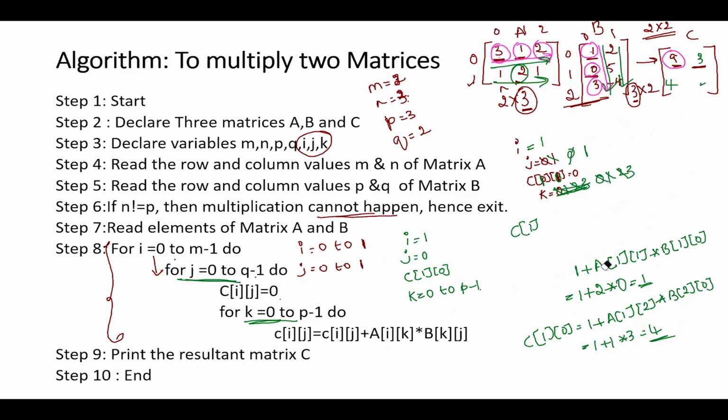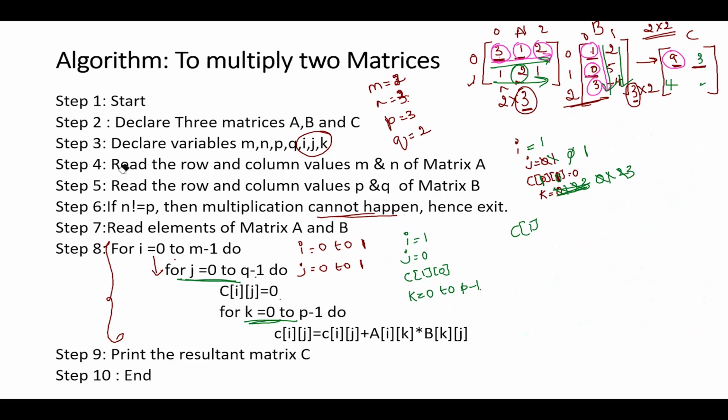So now we are going to calculate the value of C of 1 comma 1. C of 1 comma 1 is nothing but the first row, first column. That is the last element of our resultant matrix. Let us just quickly calculate. C of 1 comma 1 is going to be, as you know that we have to initialize it initially to 0. C of 1 comma 1 is equal to C of 1 comma 1, which is nothing but 0,